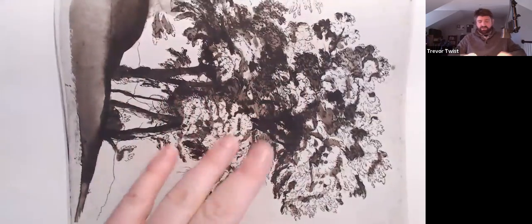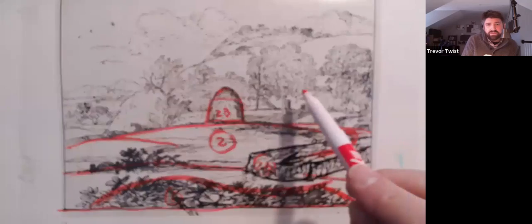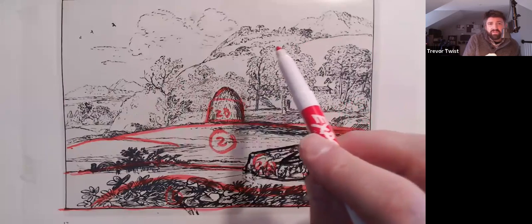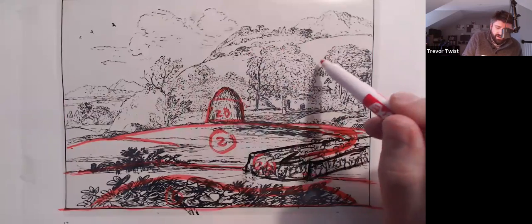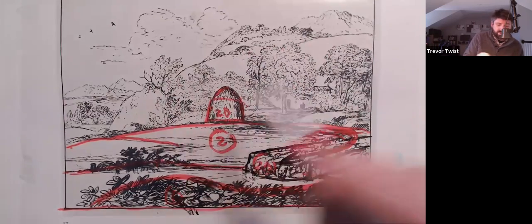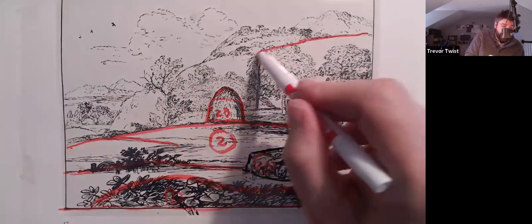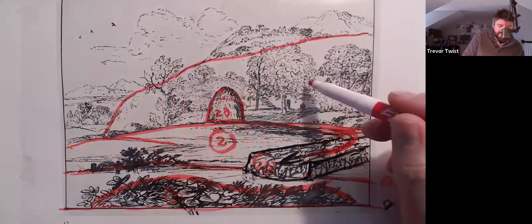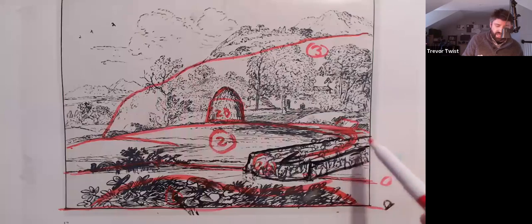The reason I bring that up relative to ours is that these trees here, this house, these trees, their zone is cut off by the distant hill. So I don't want to draw a silhouette of all of these trees to define the next zone, but I'm going to call zone 3 all of this. So this whole plane is zone 3. And that gives us the edge of the road,